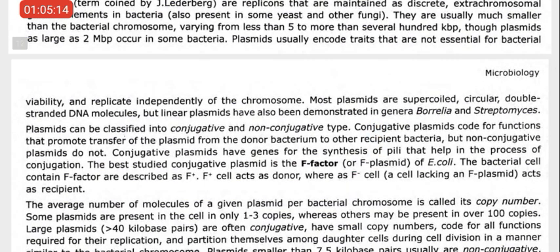They replicate independently of the chromosome. Most plasmids are supercoiled, circular, double-stranded DNA molecules. But linear plasmids have also been demonstrated in genera Borrelia and Streptomyces. Plasmids can be classified into